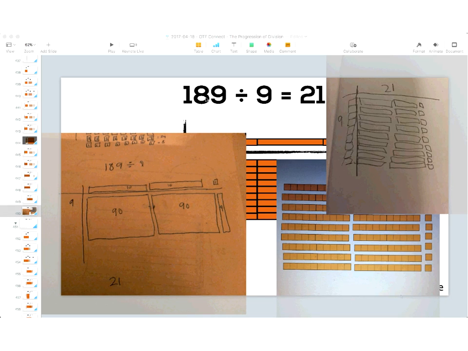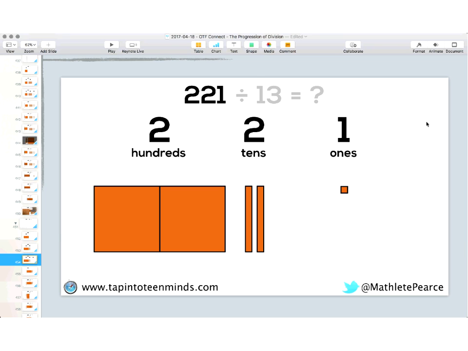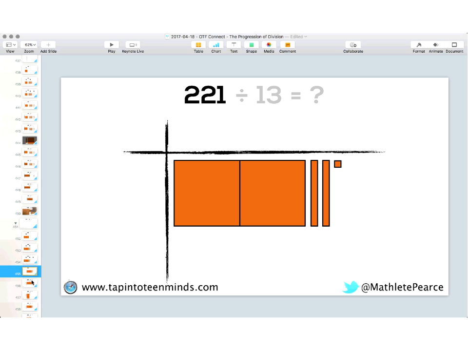We've got another one here for you to try. I'm going to go ahead and jump to, this one's a good one. We're going to go to 221 divided by 13. I'm going to put that up on a Knowledge Hook screen as well. And there you go. And we want to divide this into either 13 groups, or we want to know how many groups with 13 in each group, quotative or partitive. In this case, it doesn't really matter. In the end, all we want to know is what the other dimension is.